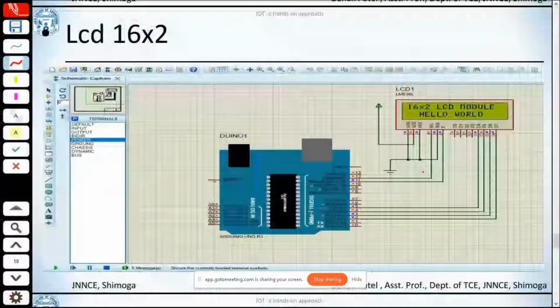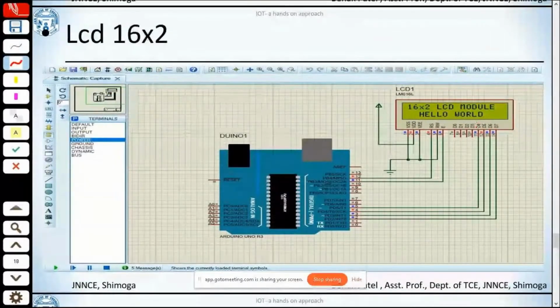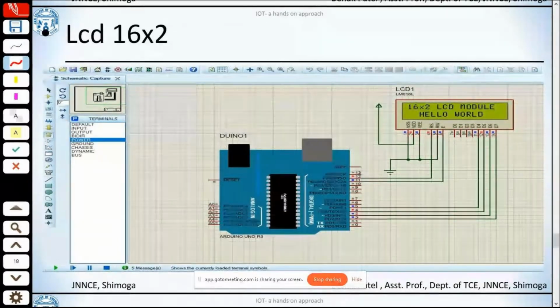And I got to connect the remaining D4, D5, D6, D7 to pin number 5, 4, 3, 2.